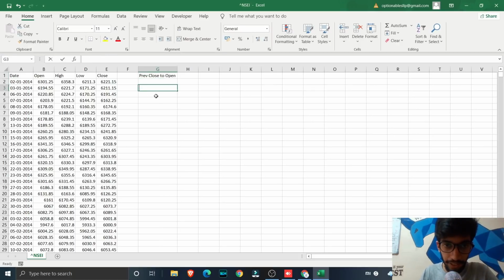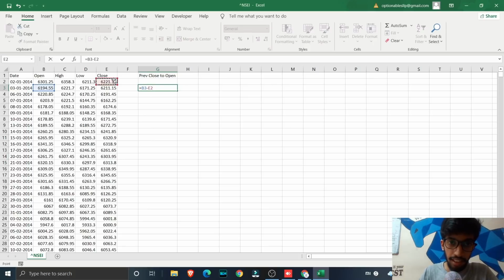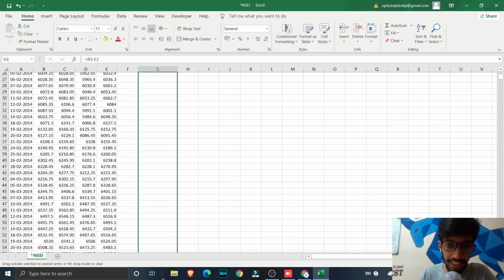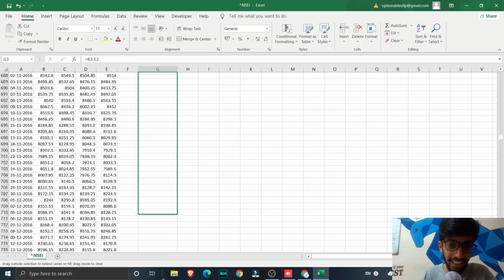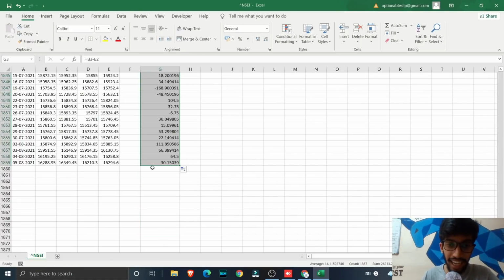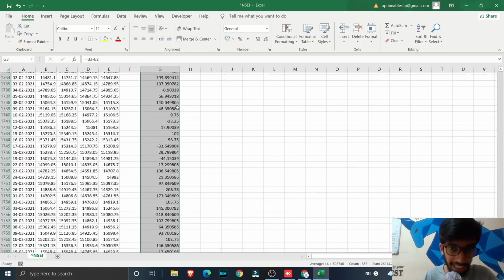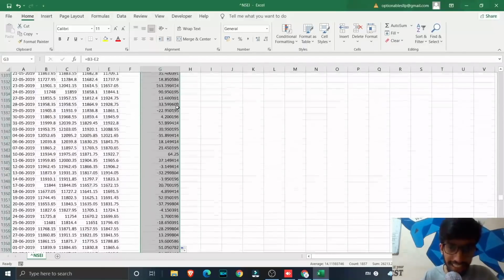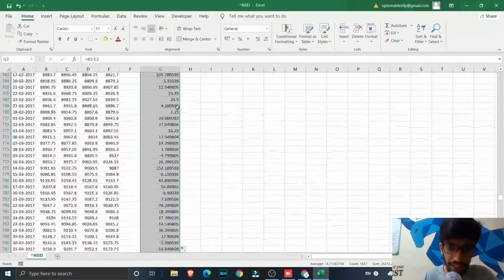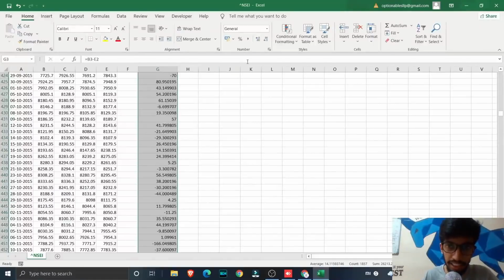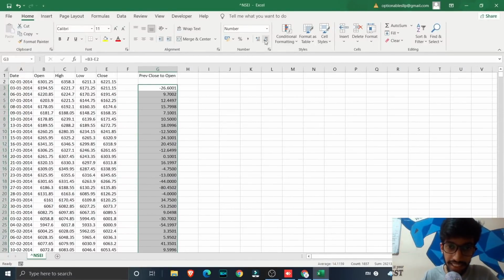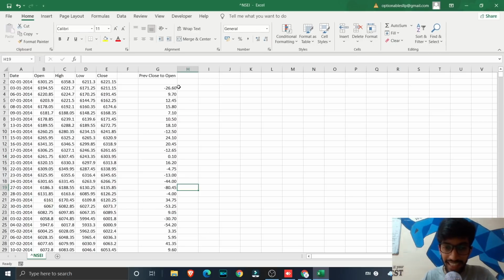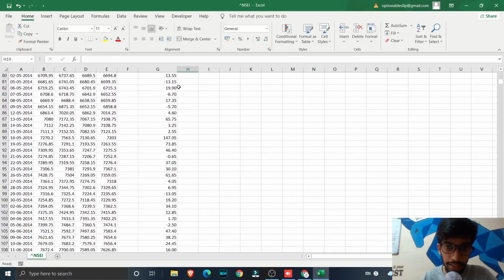So I'm going to start from this. So open minus previous close. So here we are going to get this. All you have to do is just drag it down all the way till the end of the data set. So once you drag this down, all these will get automatically filled. So now you can see that it is looking quite messy. So you don't want so many decimals over here. So you're just going to press this and try to consolidate the decimals. So now you have just calculated a simple previous close to next day open.